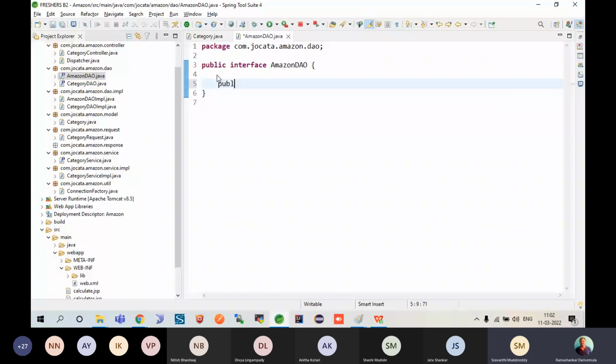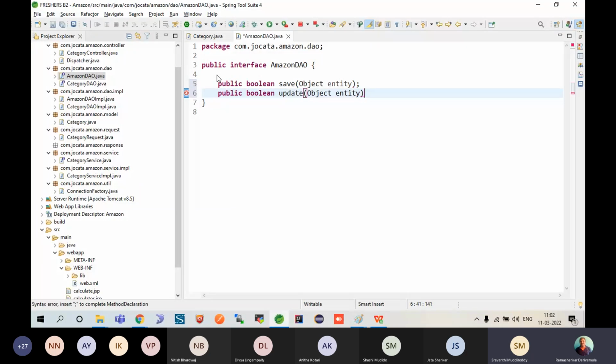They are public boolean save, which will take object entity, and public boolean update, which will take object entity to be updated, and public boolean delete, which will take object entity to be deleted, and public object get, which will take integer primary key ID,